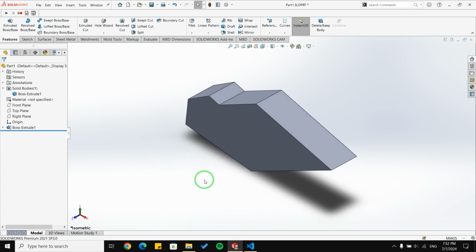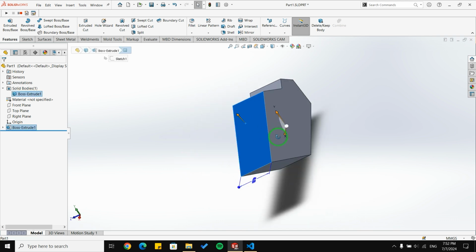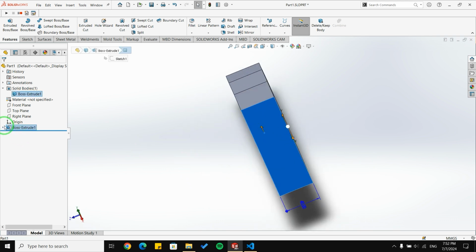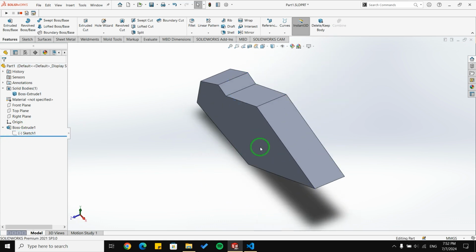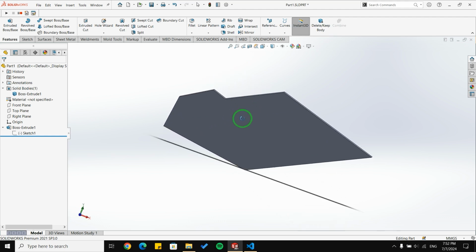For that, let me first explain what we should do to select all the points in a solid body. In the previous video, we talked about how to select all of the points in one sketch, for example, this sketch. But now we have a solid body and we can't use that function to select all the points in a body. So we need to approach the problem in a different way.